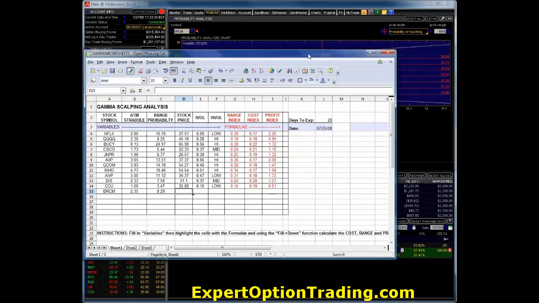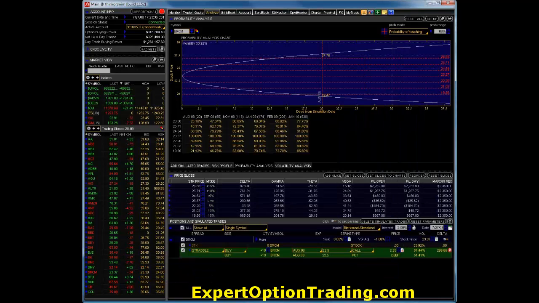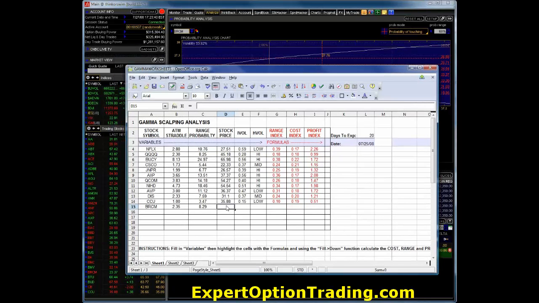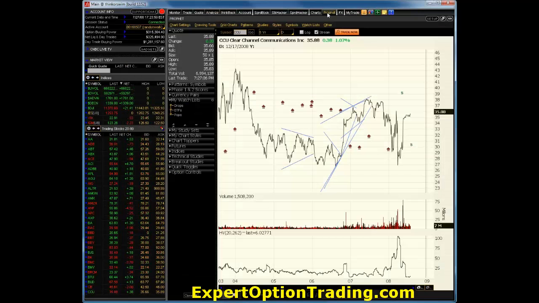And the current stock price is 23.37. And our volatility is 53.92%, which we need to translate into a decimal. So it's 0.5392. And then we'll just take a look at the chart and see if the historical volatility is considered low